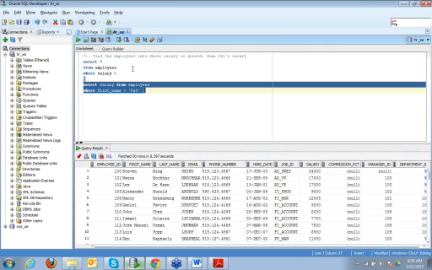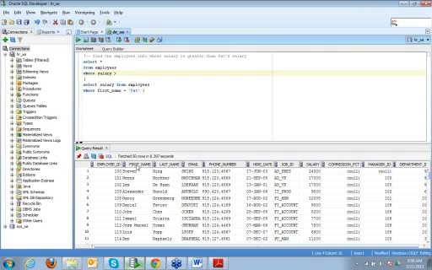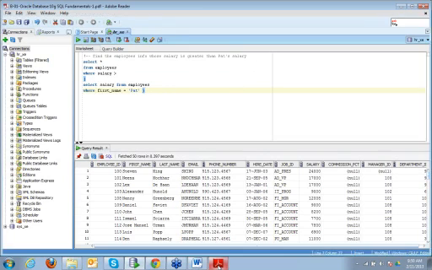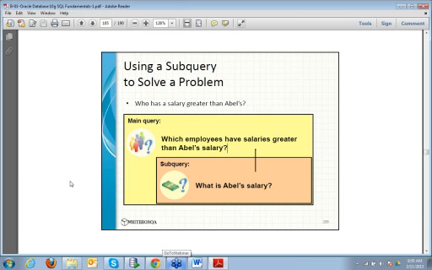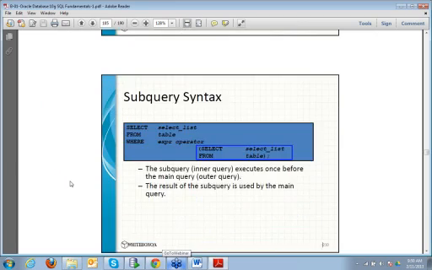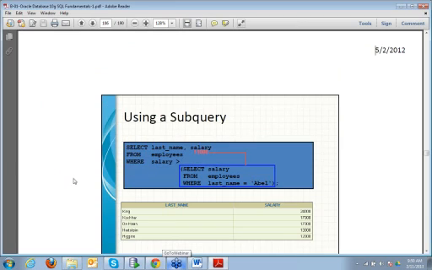So we cannot have, let's say, salary greater than 5 values, right? It has to be a single value. So this is called a single row subquery. This is the syntax.